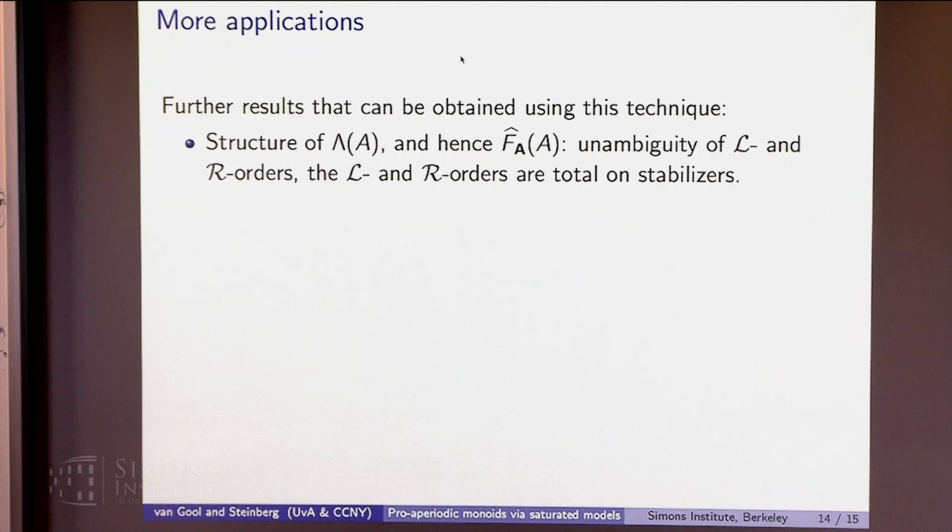Okay, then here's some advertisement. We have a preprint on arXiv for other things you can do with these techniques. So you can use it to analyze the structure of both of these monoids. You can prove things that were used by Ben Steinberg in collaboration with Henckell and Rhodes to analyze stable pairs. So they proved that, or I'm not sure if all of these results are theirs, but they used them in any case in that paper. So unambiguity of the L and R orders, the fact that the L and R orders are total on stabilizers. This is all in our paper,